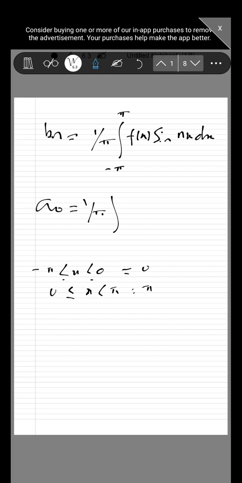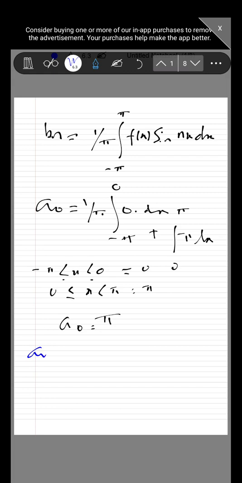So in that way we can write a0. If it is minus pi to 0, the function should be equal to 0, so 0 into dx, plus integral 0 to pi of pi dx. So ultimately a0 comes out to be equal to pi,